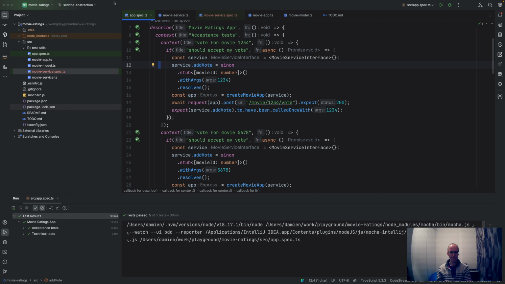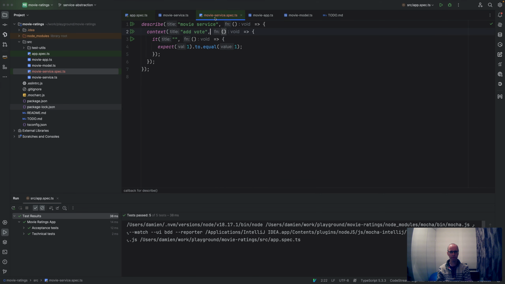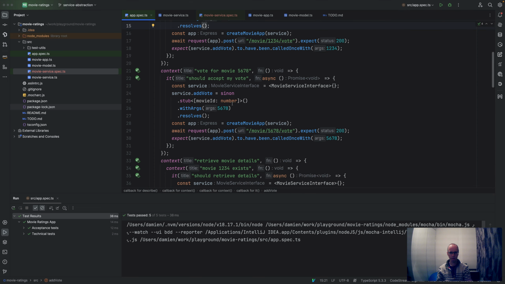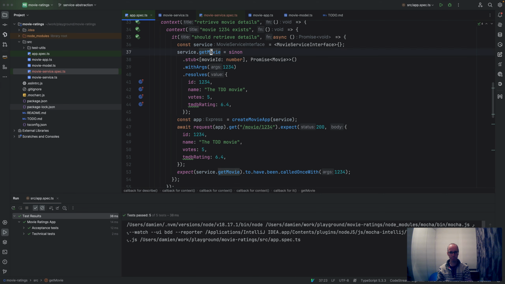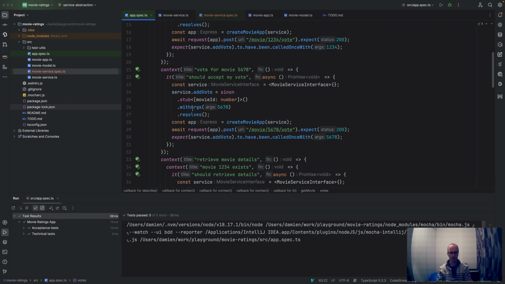So we can look at our tests here and use this as the basis for driving out what our movie service spec needs to do, because we can see that we've said when we call the service with argument 1, 2, 3, 4 on the add vote, it should return nothing. And when it returns 5, 6, 7, 8, it should return nothing. And we've also got the things here where I'm saying that when we call get movie with argument 1, 2, 3, 4, it should resolve with this, and when we call it with 5, 6, 7, 8, it should resolve with this. So we can use these as the basis for our tests for the